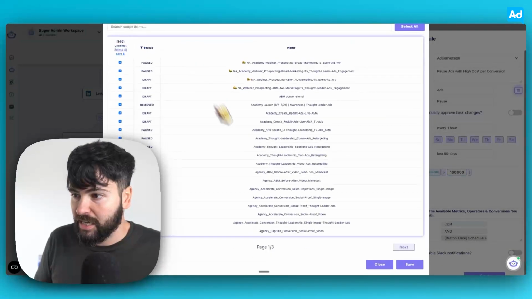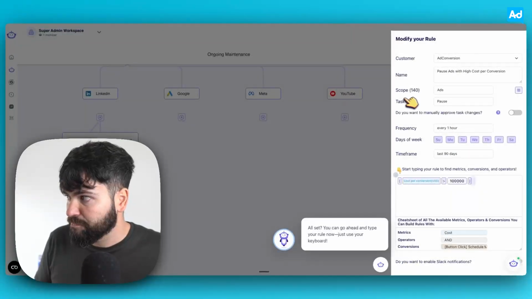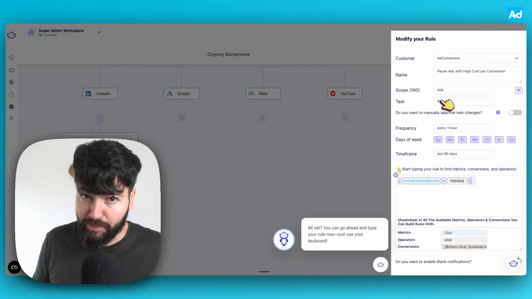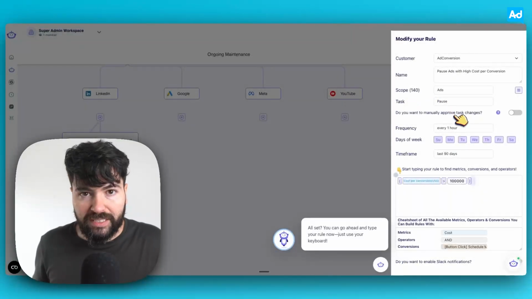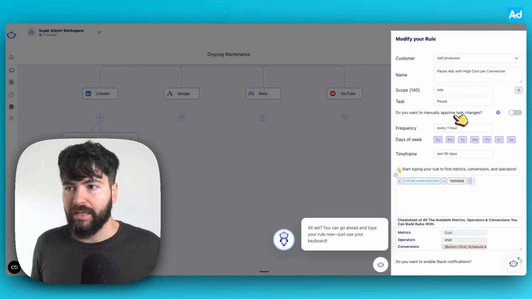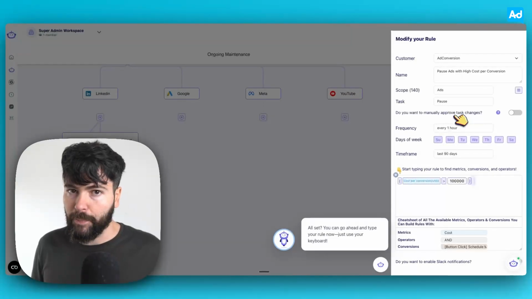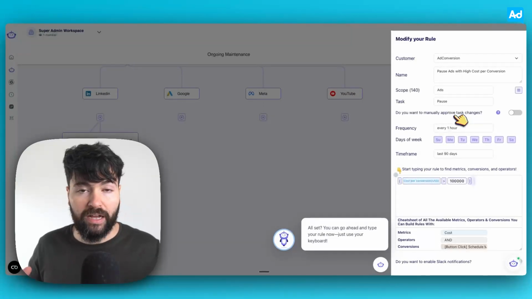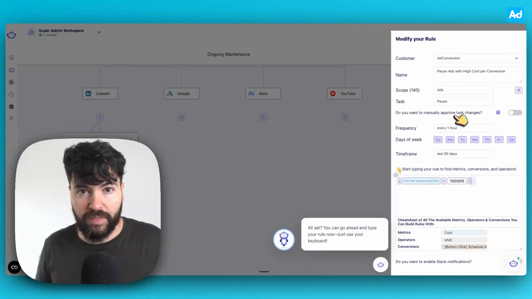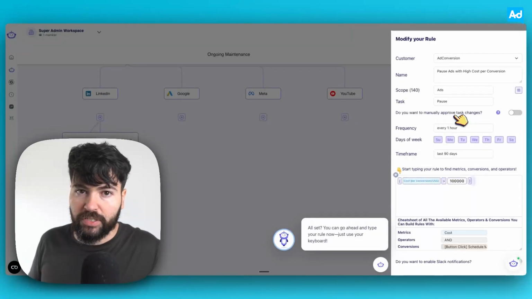For the sake of simplicity, I'm just going to select all of my campaigns in this account. Here, I'm going to leave the task as pause. If for whatever reason I am fearful and I don't want Sammy to just go ahead and start pausing all of my ads, maybe I don't have new creatives ready because I don't have good creative operations yet, what you